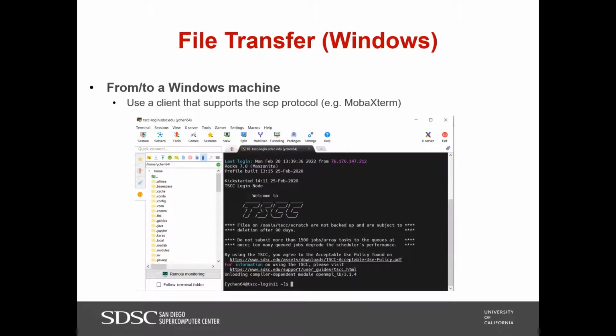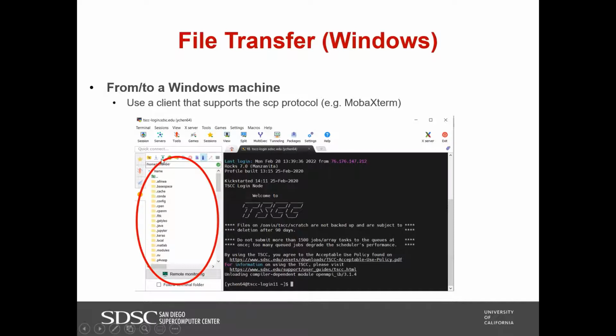Okay, so one more tip for the Windows users. As a Windows user, your SSH client may come with a GUI, so you will see some windows in your SSH client. Here is an example of MobaXterm. Once I log in, on the left side of the software panel, I can see my directory of the folders on the TSCC clusters.